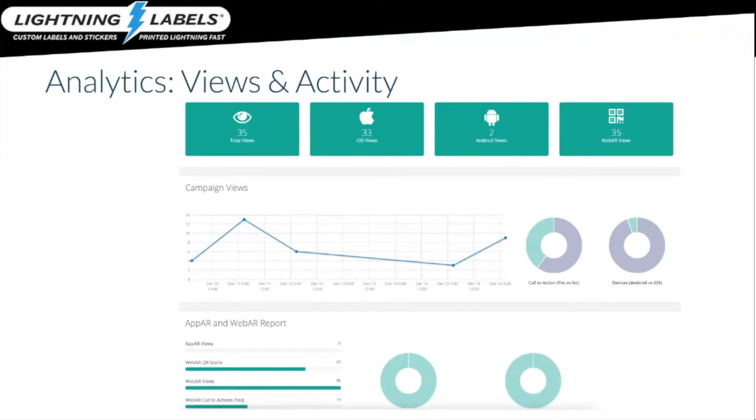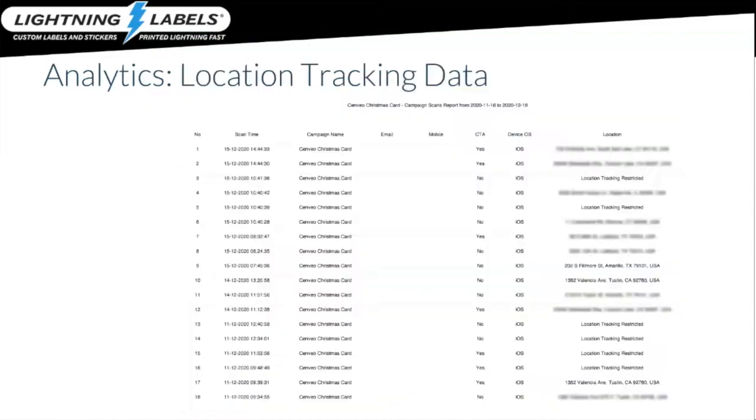So this was what you can do with the views and the analytics side and something that we can provide back. The other neat thing is if you noticed, it actually gave you the option when you click through, for example, on that holiday card, it asked you to use your GPS location data. This is something else that we can do: we can gather that tracking data, assuming people gave the permission, on where they were when they actually used that experience. So you can get some further information about your customers and how they're actually using that experience.